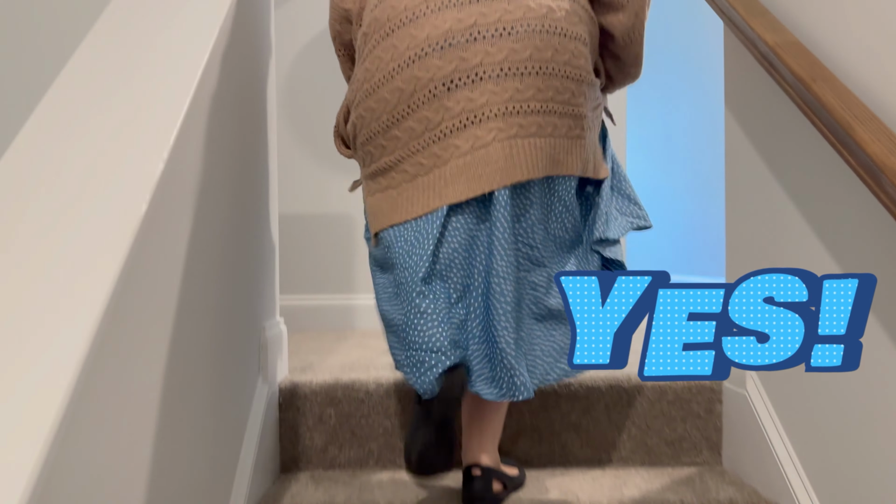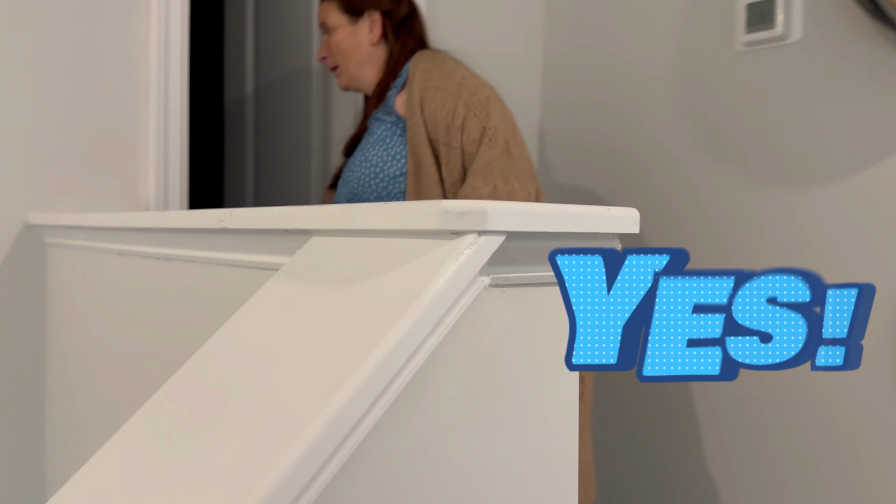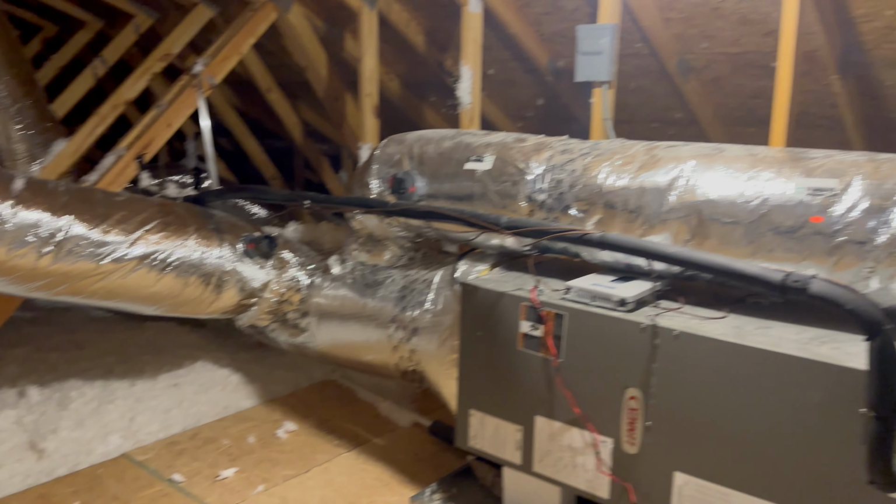Now before we go into the house, this little door is going to take you to your HVAC. So easy access to your HVAC unit. It's just for storage. You can see it does fit extra